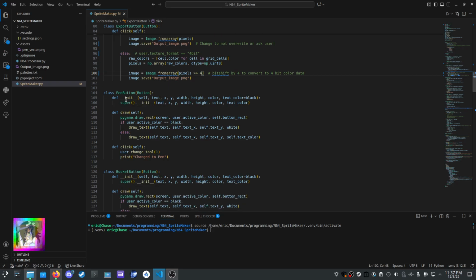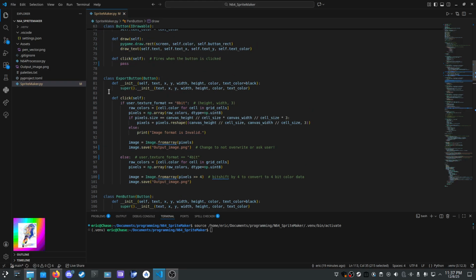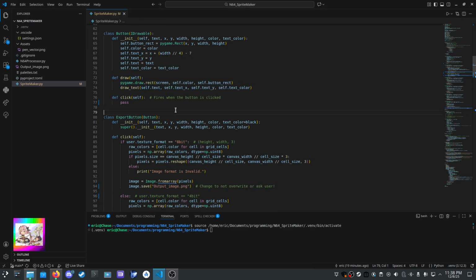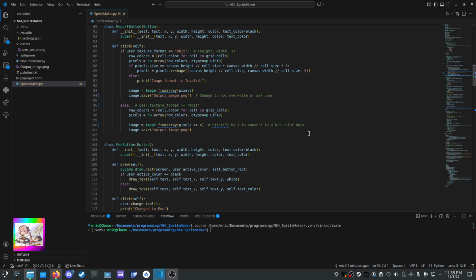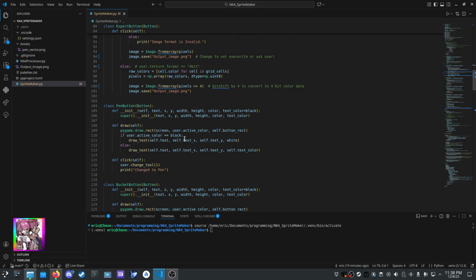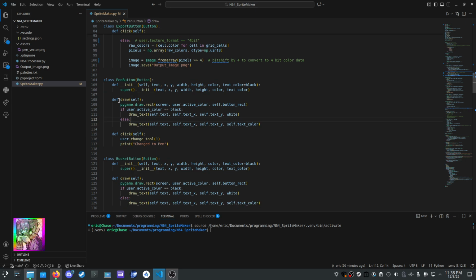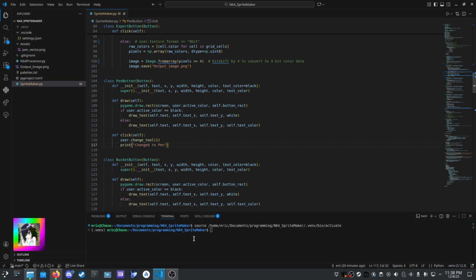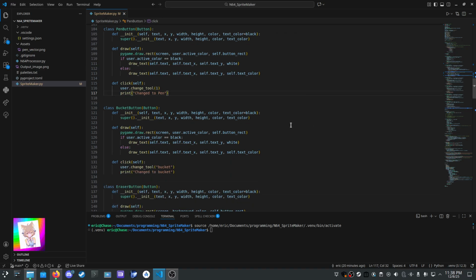Awesome. Pen button, initialize, draw it to the screen. We're all just setting up drawing stuff. You already know how drawing works. This doesn't have draw because it just derives straight from this, so we don't modify it. If you're never modifying something from the superclass, you don't actually need to identify it. We are shifting something here with custom text colors based off of variables, so I did define stuff. When you click it, we're just changing the tool, which if you remember is this, and then we give you a little bit of terminal response letting you know that it did do something. For debugging.